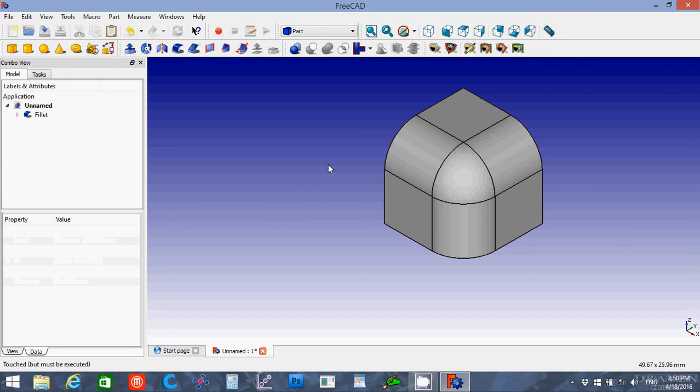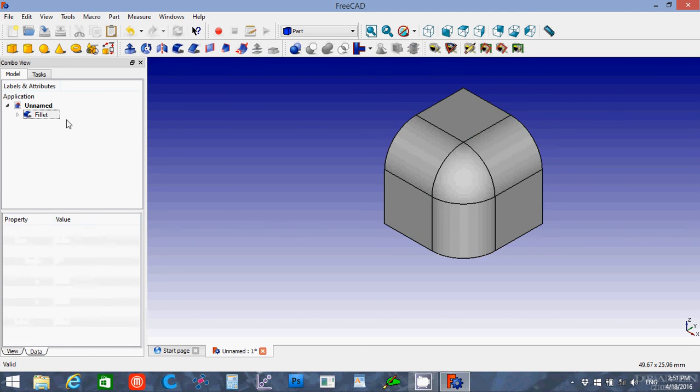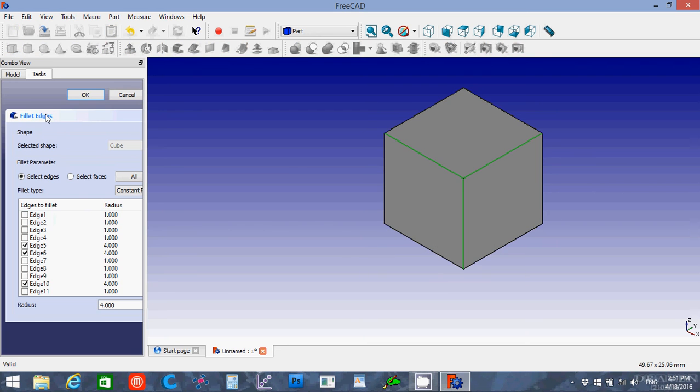Now, besides the way I told you I could manipulate an object as far as rotating it and moving it using the positions and the axes here, you can also use a free rotation device. You might actually do this on accident the first time, but if you double click an object,